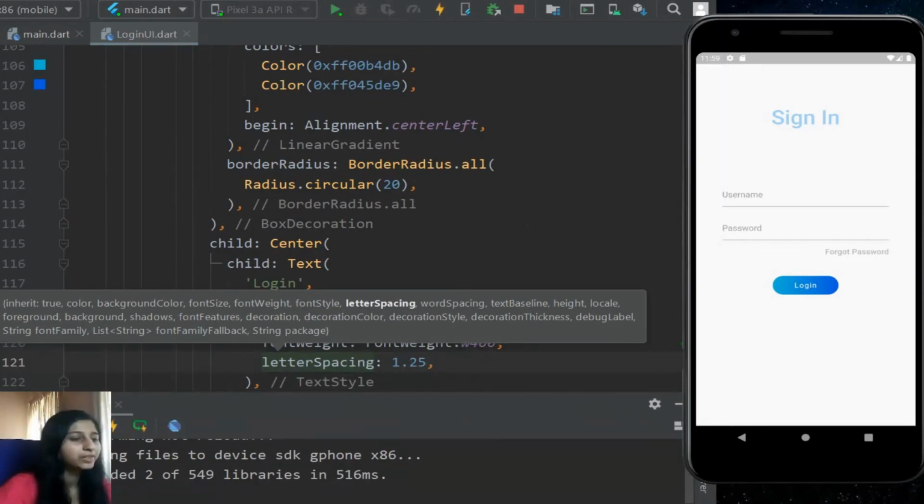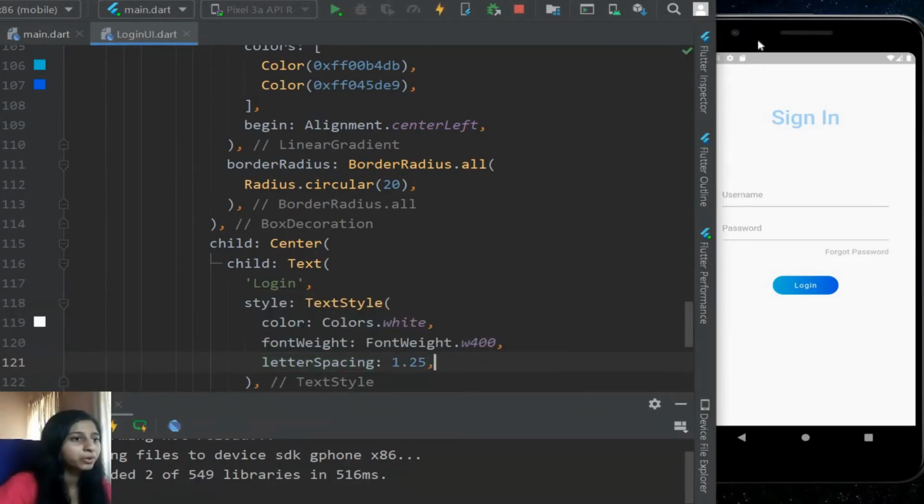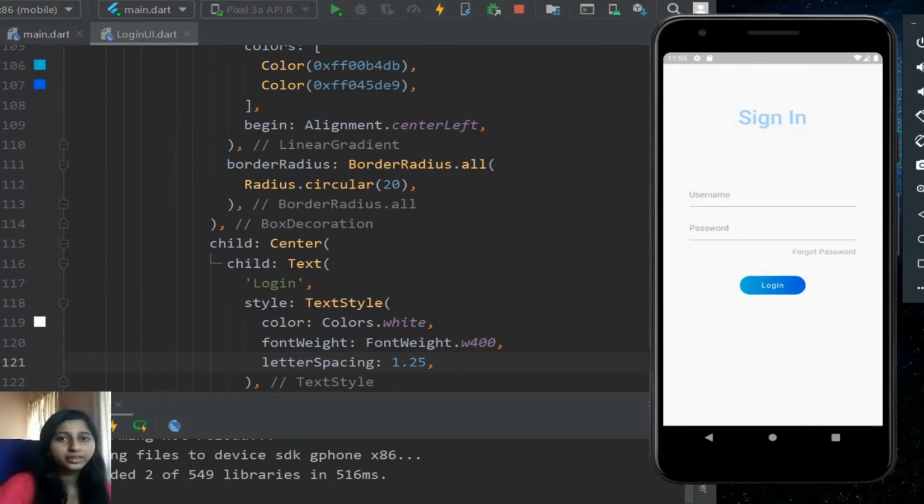So this is our login screen. So hope you guys have fun making it with me,